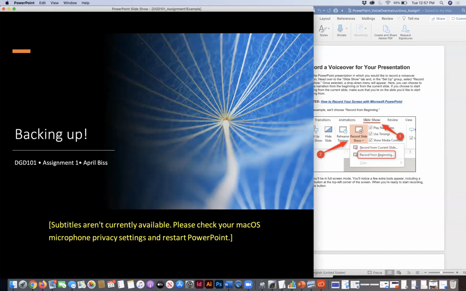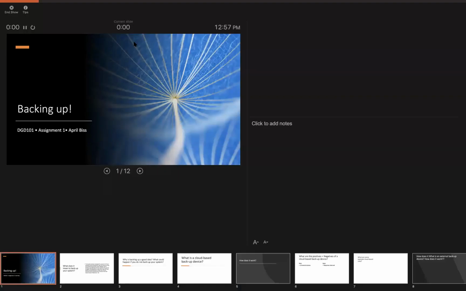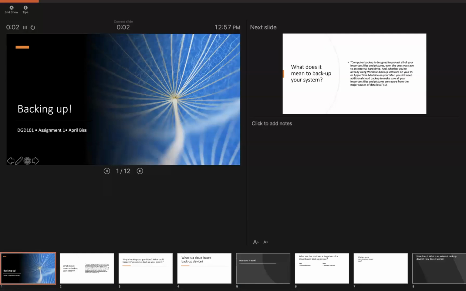Okay, it's not going to let me from there either. All right, so I don't know. For some reason, clear timing on all slides. Let me see. Maybe I just need to clear it. Record slideshow. If I hit record slideshow, it's going to open this section up, and it looks like it's recording